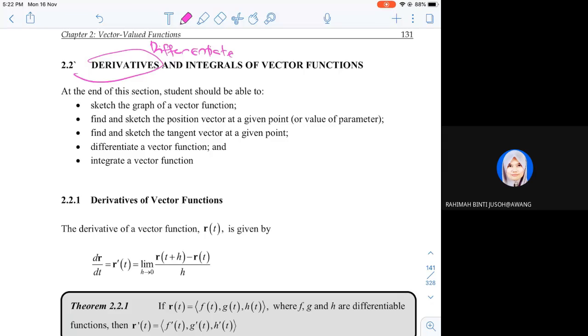Okay, and then guys, actually after this you will encounter a lot of differentiation and integration. So if you are weak on basic differentiation and integration, you have to do some revisions. Because you already learned about differentiation and integration since secondary school. If you have forgotten, you have to do some revisions. You can try Googling again. And if you don't remember the techniques of differentiation and integration, we have